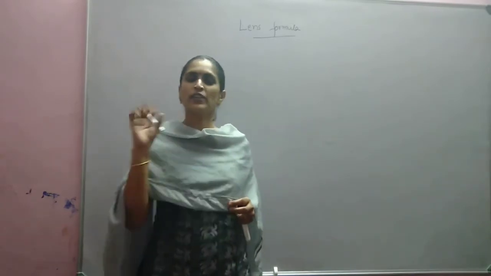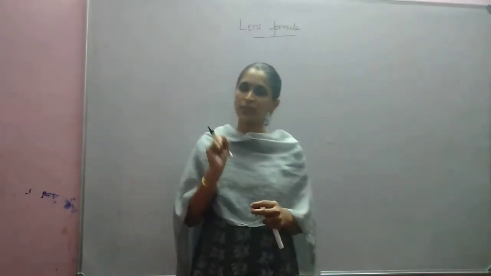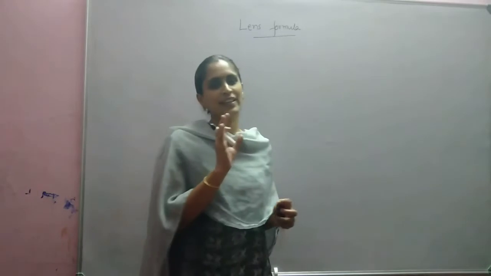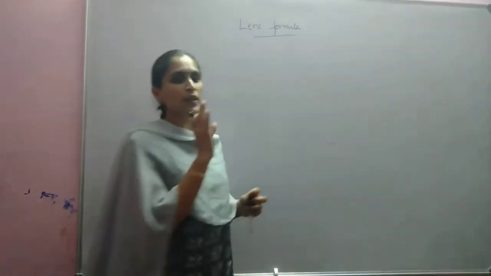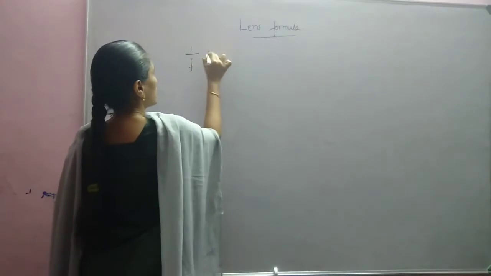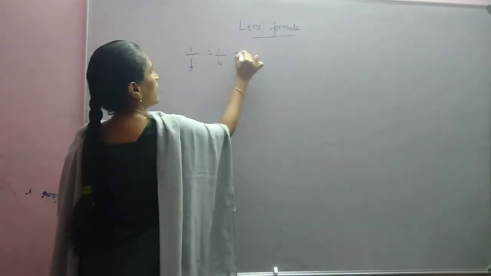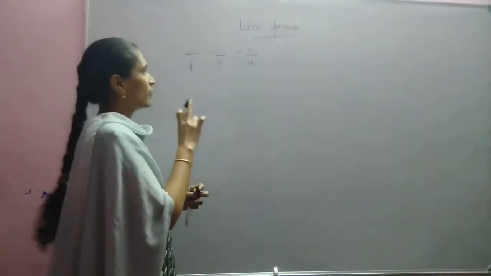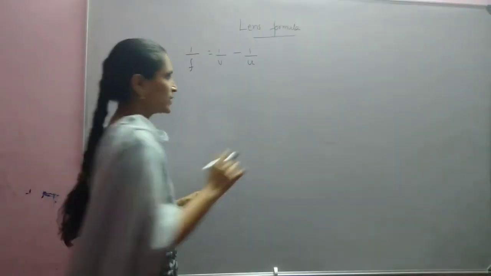In the case of the mirror formula, we already discussed 1 by f is equal to 1 by u plus 1 by v. And in the case of the lens formula, it is given by 1 by f is equal to 1 by v minus 1 by u, where f